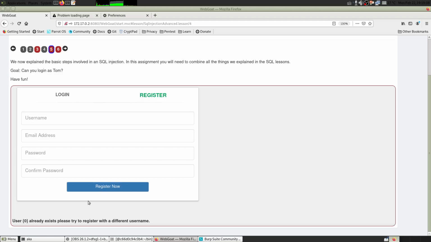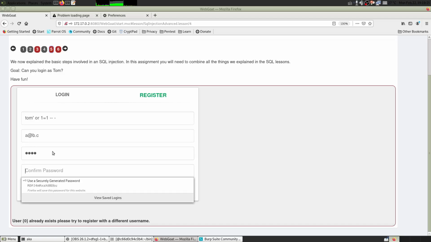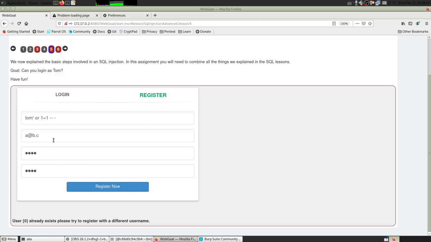Register now. Now the output here is user already exists, and we know that probably a username like this would not exist, right? So let's confirm that what we are assuming is correct, and this is in fact a SQL injection. Let's try with 1 equals 2. We know that now this second condition will become false. The first condition will be true. Let's see what happens now. We again still get user already exists.